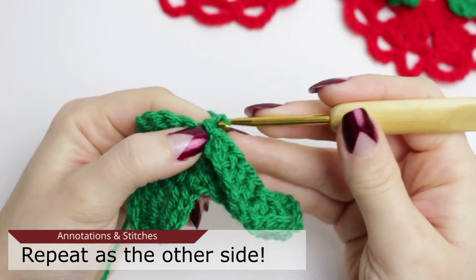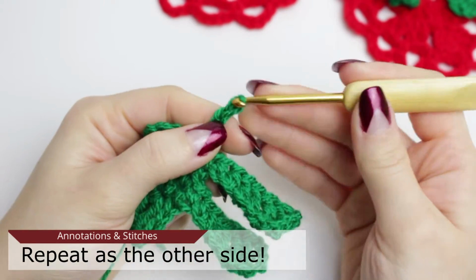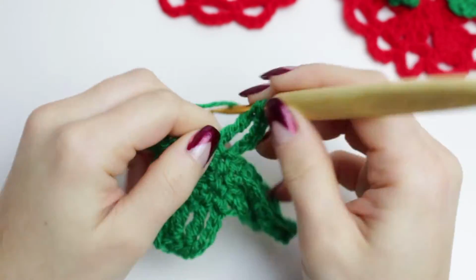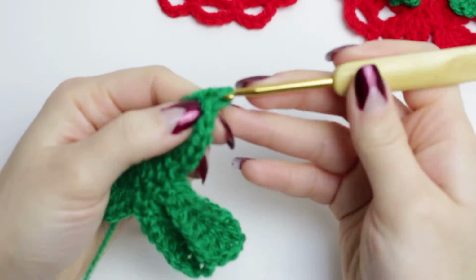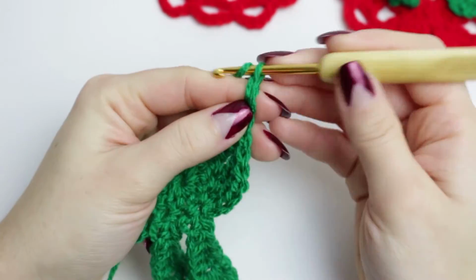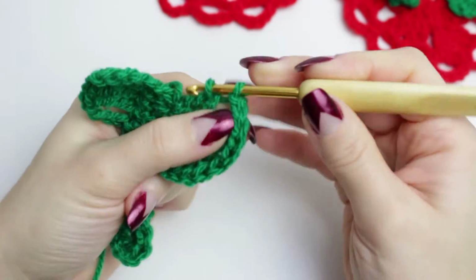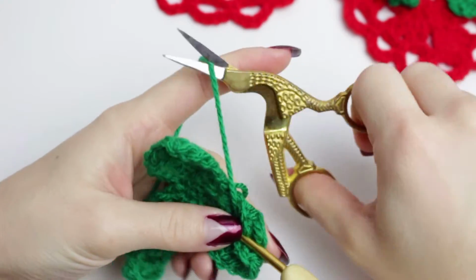Now we are going to be doing exactly the same as what we did on the other side. So we are going to be starting with a chain of 4, and then in the next 3 stitches we are going to be creating treble crochets. To finish it off, we are going to be chaining 4, and then we are going to be finding the next stitch available on the base, and then we are going to be connecting the chain to the project with a slip stitch. So now you can just go ahead and chain 1, fasten off, and weave in all the